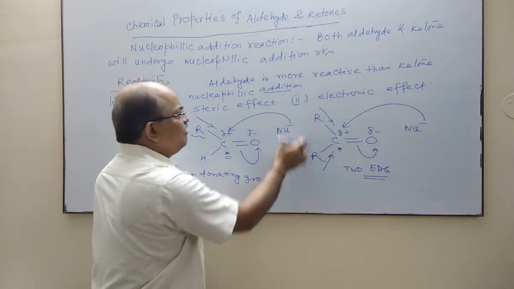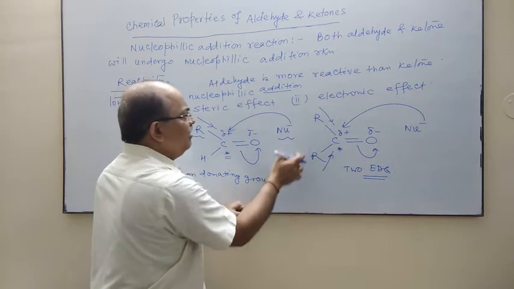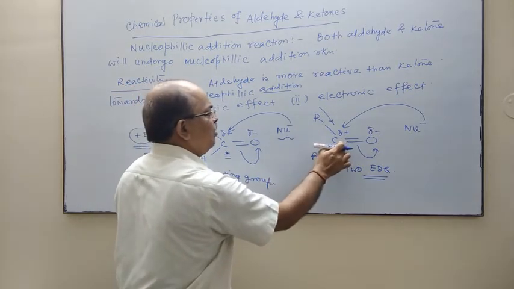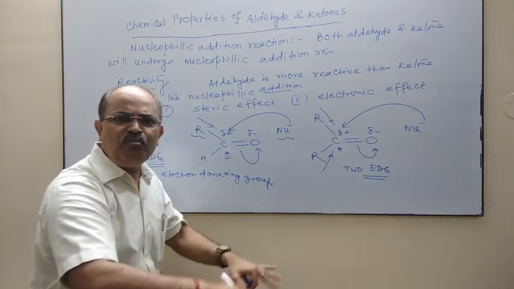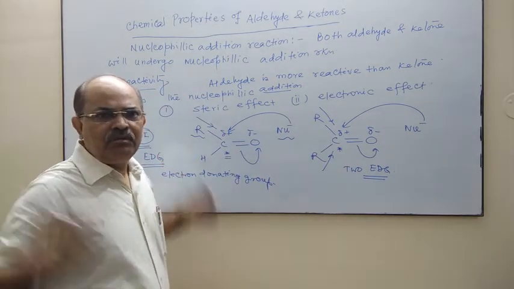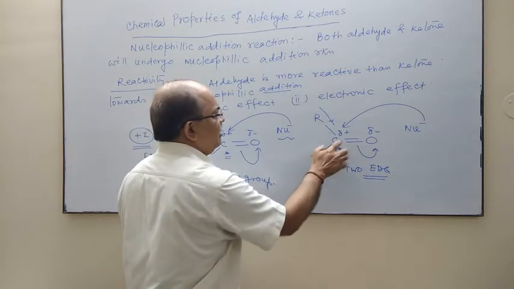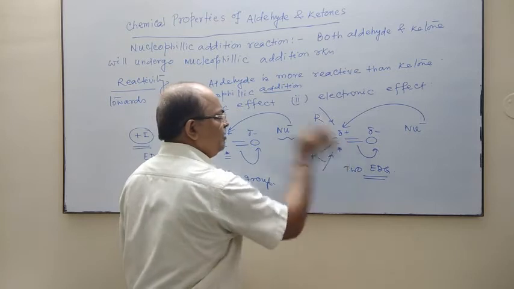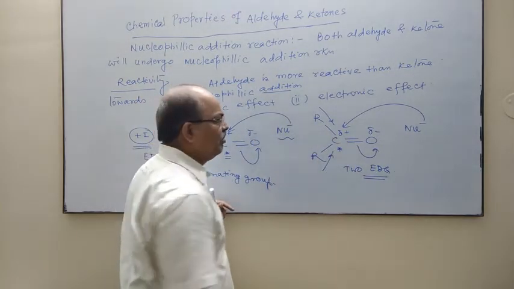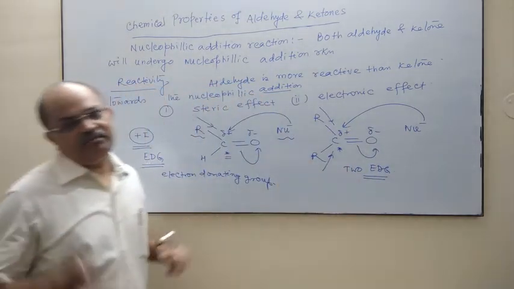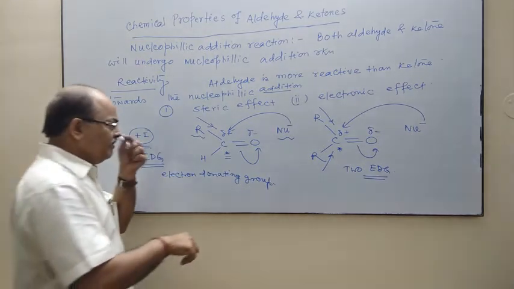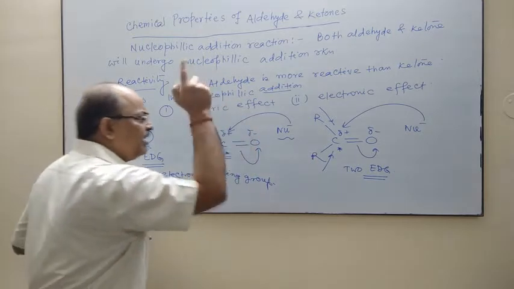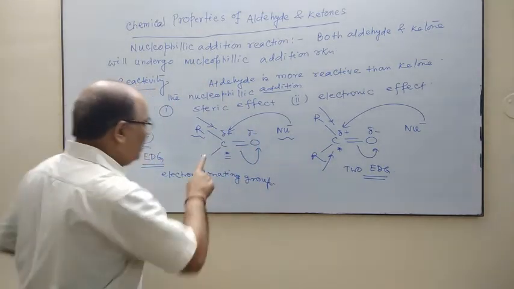And due to the presence of two alkyl groups of electron donating nature, the positive charge of the carbonyl carbon is almost negligible. आप यूं कह सकते हैं कि इन दोनों के चलते इस पे पॉजिटिव चार्ज रहा ही नहीं. And when there is no positive charge on this carbonyl carbon, how will your nucleophile attack? That's why we can say that in case of ketone, there will be less chance of nucleophilic attack in comparison